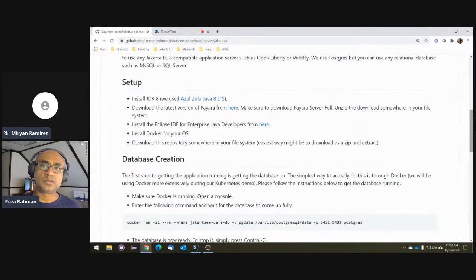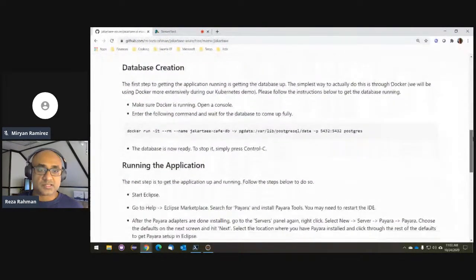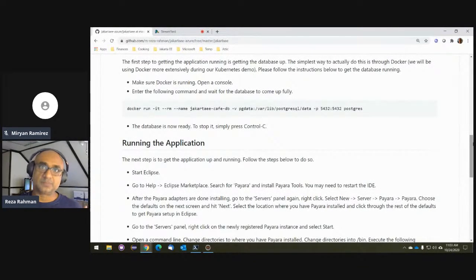I'll explain why I'm using Docker in a second, even for local development. But I'll be using Docker, and I'll also be using this code. I have this code downloaded onto my local machine already. So this is nothing much more than a CRUD-based application. It has a database in the backend, so you need a database up and running. The database I'm going to be using in this case is Postgres. I could have used really anything that works with JPA, but I chose Postgres